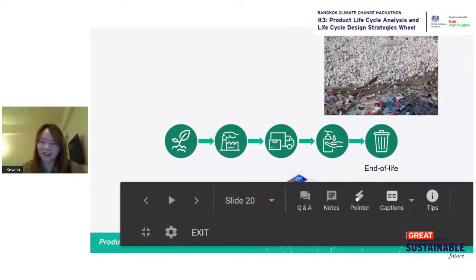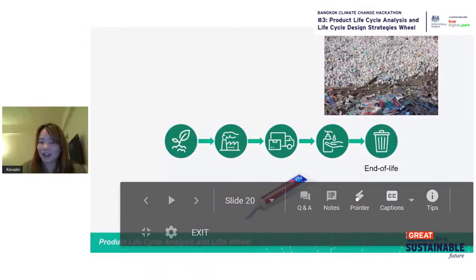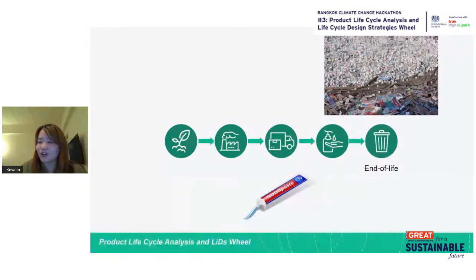And here, the last phase, the end of life, when we can't use the product anymore. The last glance we have on the product is when we stop using it, but actually the product life cycle doesn't end in the trash can. If we are lucky, they would be taken to a recycling facility and treated properly. But in our case, toothpaste tubes cannot be separated, so they are non-recyclable. Hence, to the landfill they go.